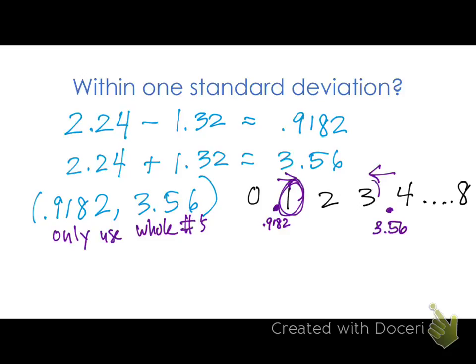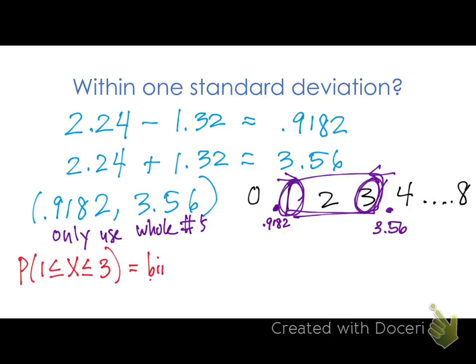So I'm going to use from 1 to 3. This is the section of my probability. So 0.91 rounds up, 3.56 rounds down. So I want to find the probability from 1 to 3, which would be binomial CDF of